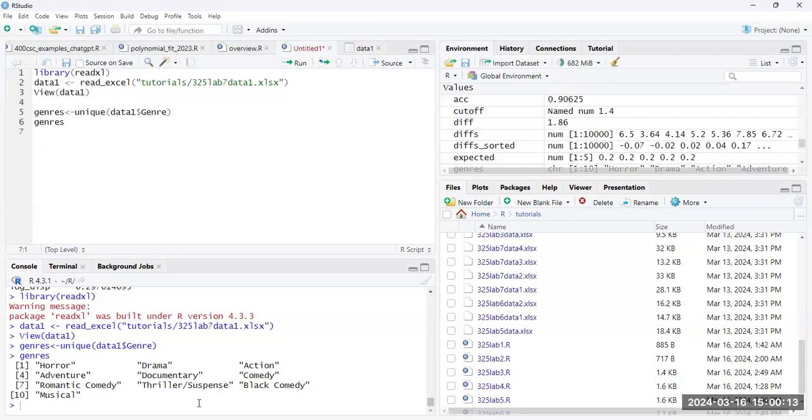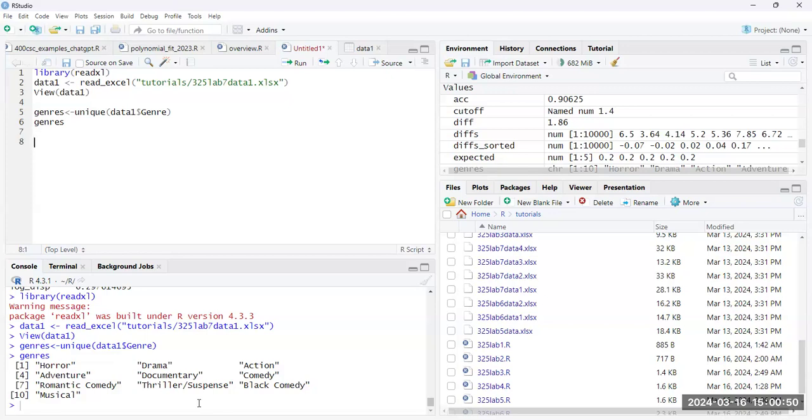Now, we can't do a regression model, for instance, on how much money they're making based on categorical variables. Regression doesn't work that way. We could do an ANOVA, perhaps, since we have more than two categories. But if we want to do traditional regression, what we need to do is convert these categorical variables into 0, 1 dummy variables. So the way that we're going to do that is we're going to use an if-else function